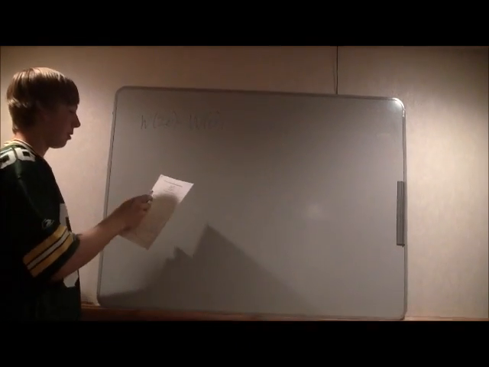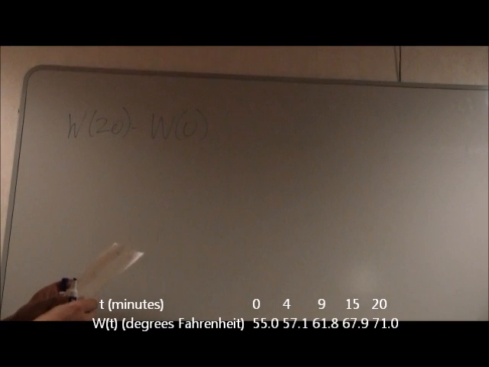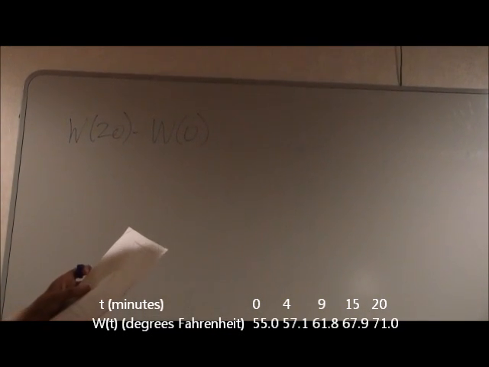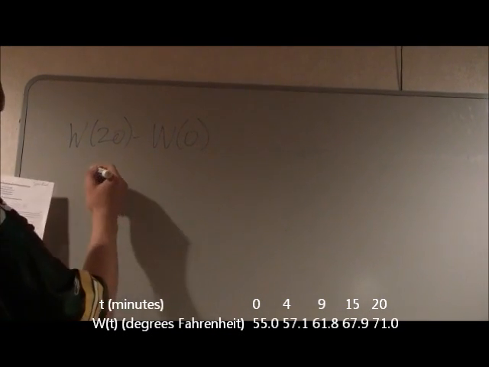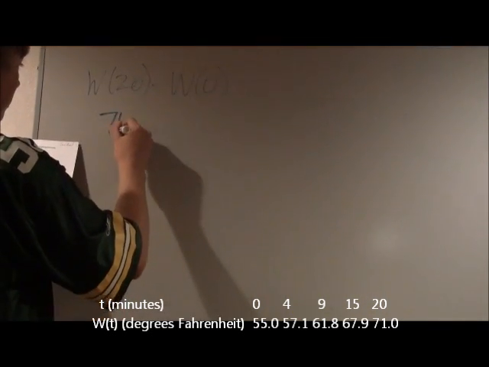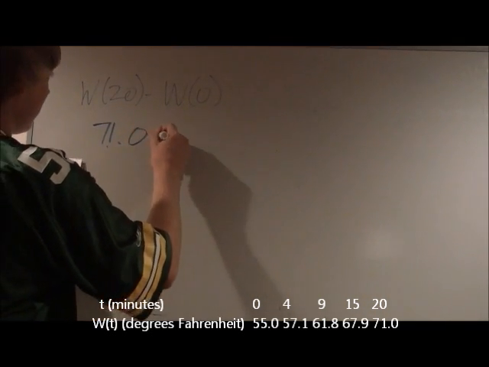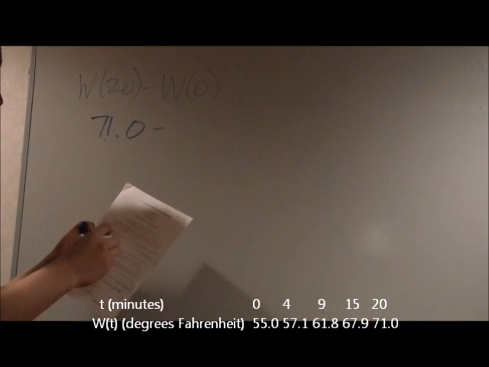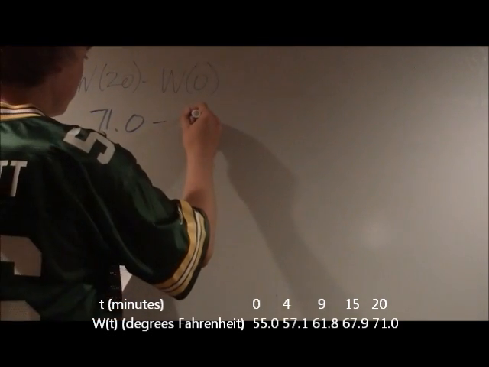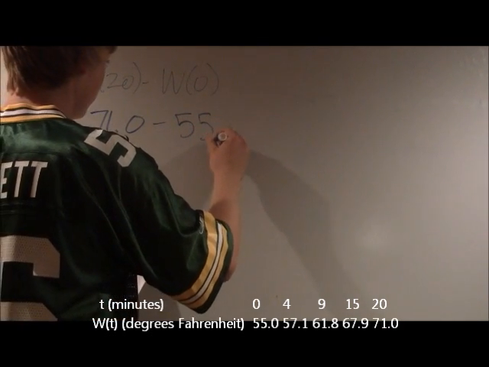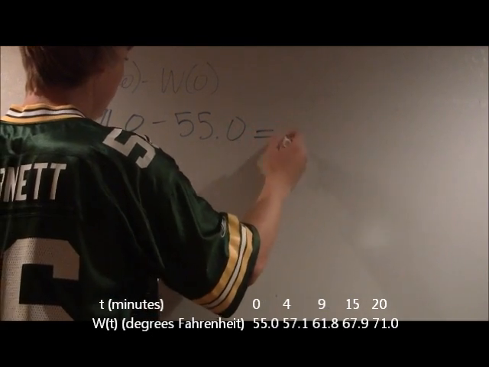And then we go up to our chart above, which shows the values for w. And w of 20 is 71.0, minus w of 0, which is 55.0. And that equals